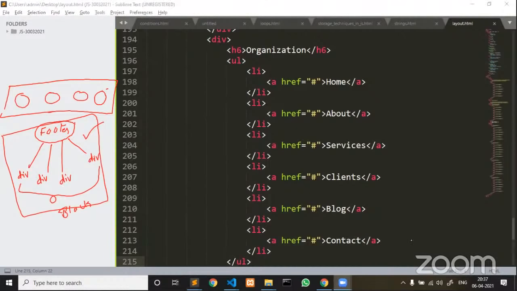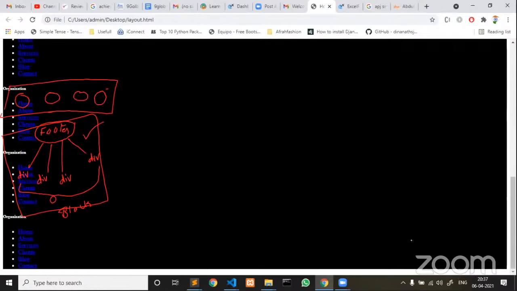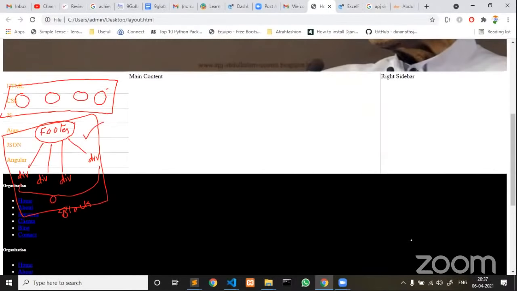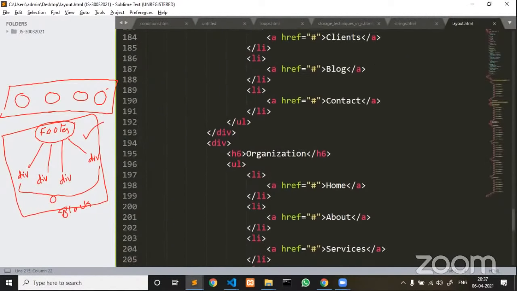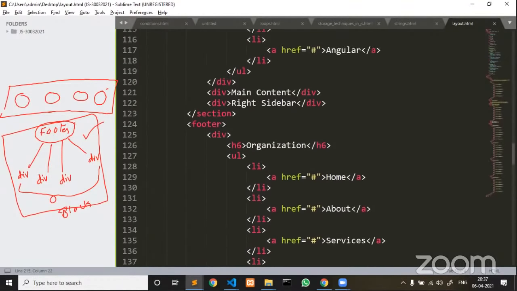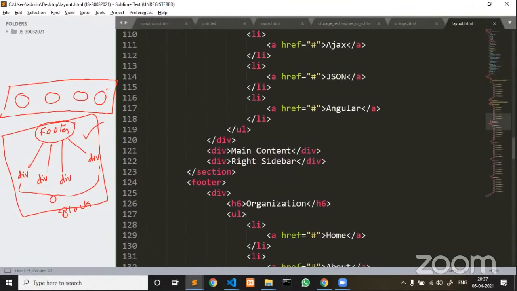If we reload, this is how all the divisions are displaying one by one. Now we have to use a concept called flex, display flex. If you are going to give display flex for your main parent, here my main parent is a footer. Since I already selected footer in my CSS,